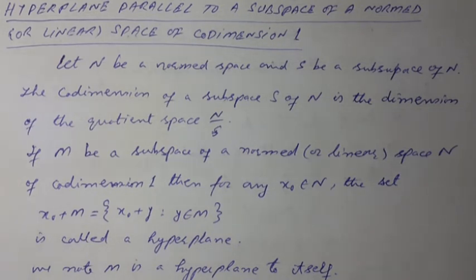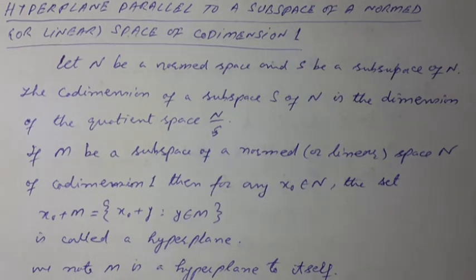A linear hyperplane or a vector hyperplane is a subspace of codimension 1